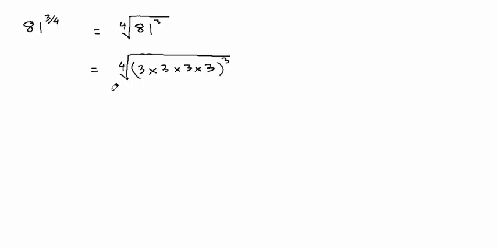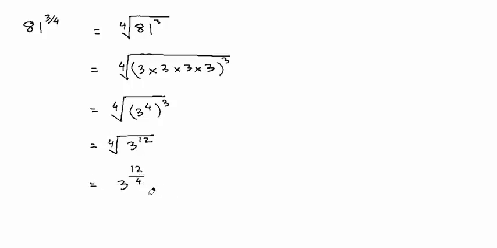take the 4th root of that, we have the 4th root of 3 raised to the 4th, and that itself raised to the 3rd power. So we can go ahead and combine the 4 with the 3 and multiply them out. 3 raised to the 4th raised to the 3rd is 3 raised to the 4 times 3, which is 12. The 4th root of that is going to be 3 raised to the 12 over 4, which is 3 raised to the 3rd power, which means 3 multiplied with itself 3 times,